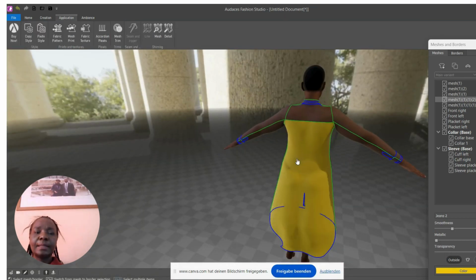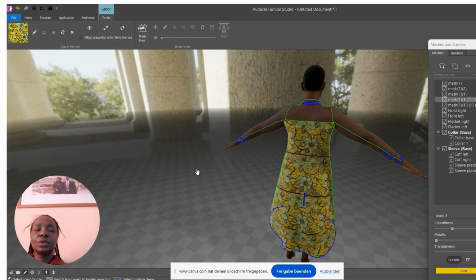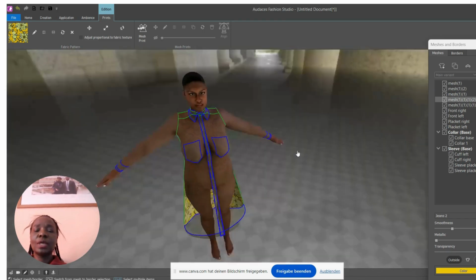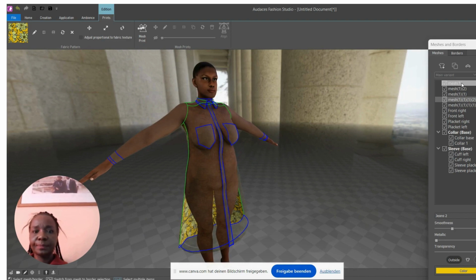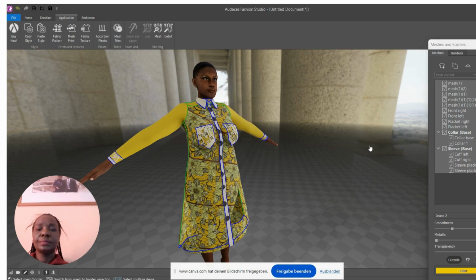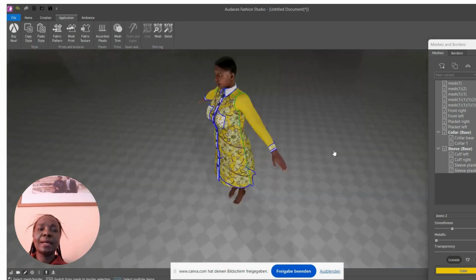And then I can select the back and do the same thing. So essentially, just select where you want the fabric to be. So it depends on you where you want the Ankara fabric to be. Just select it, and that is where you will have it. So that is our Ankara shirt